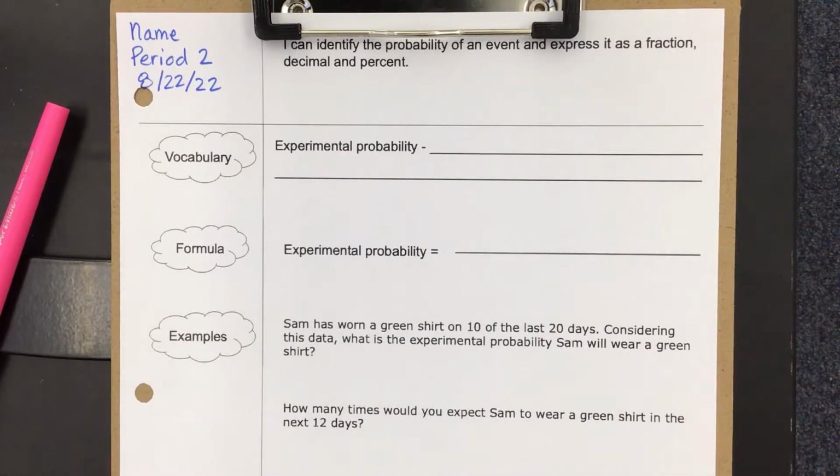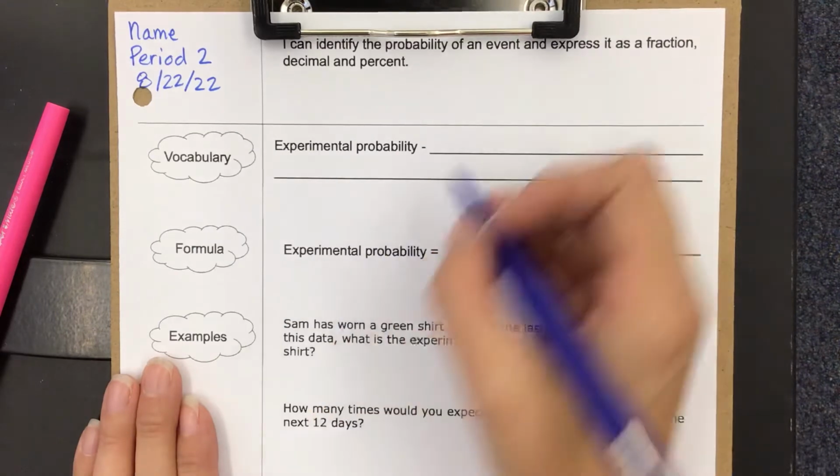Okay, today we're talking about using experimental probability to make predictions, okay? So you might not have a super fair event, like a coin flip or a number cube rolling. And so what people like to do is they like to make predictions just based on the data that's collected, okay? So experimental probability is